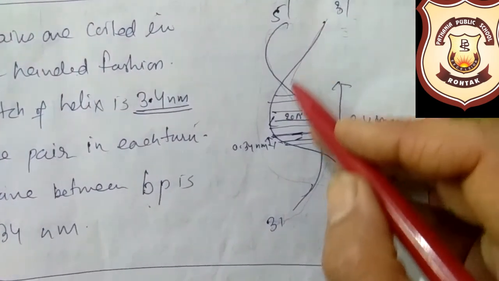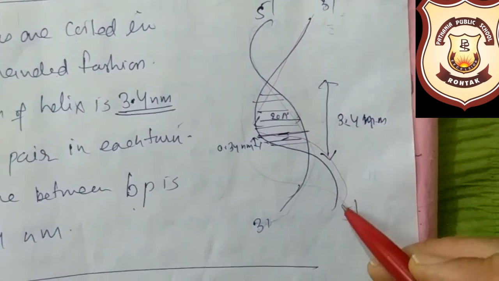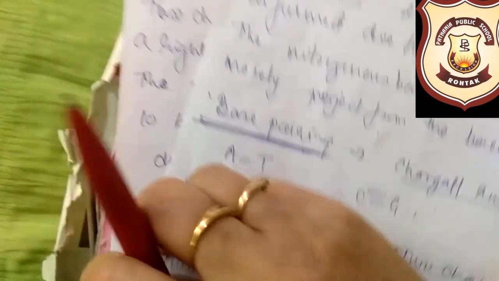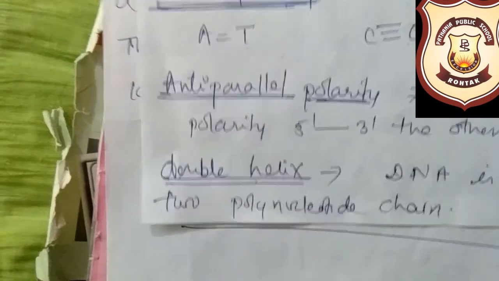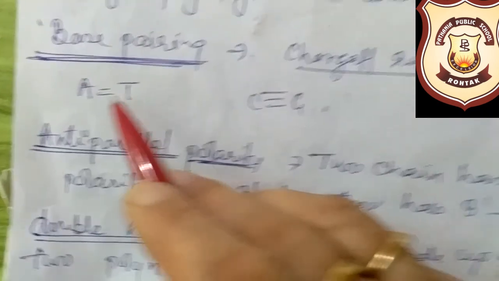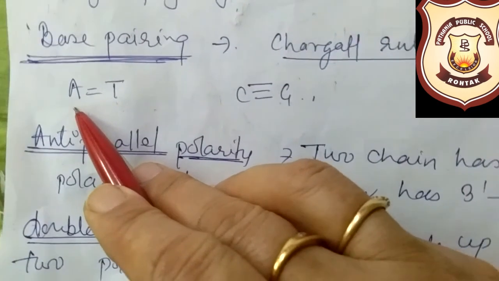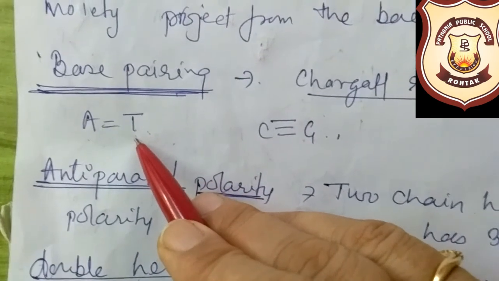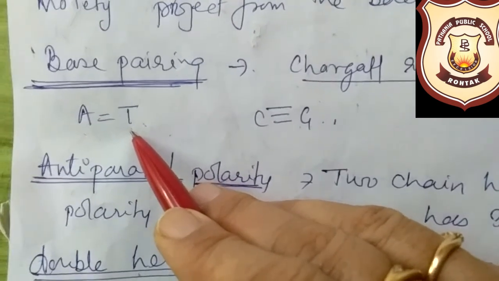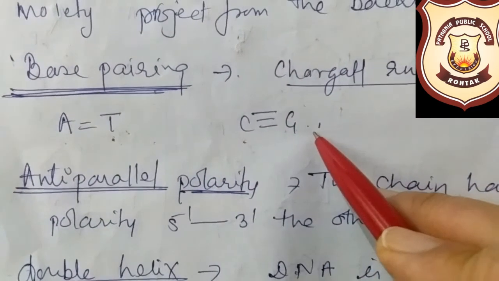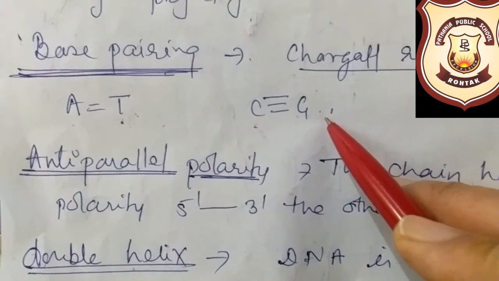Okay, so how is the other helix formed? Both the helices are complementary to each other. If in one helix adenine is there, then in the other helix in front of that the nitrogenous base will be thymine. If cytosine is there in one helix, then on the other helix in front of that guanine will be there. This again I am showing you with the help of the diagram. This rule is called the Chargaff rule.